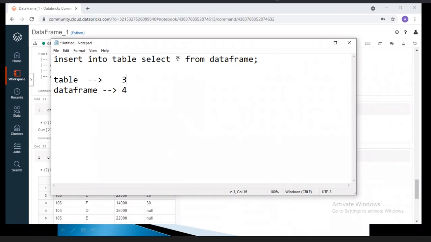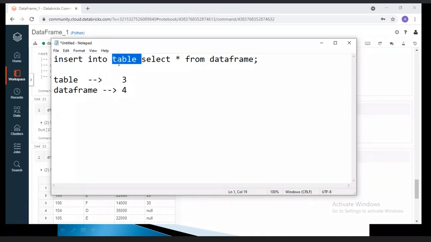They say, we'll go with the star character because I don't want to mention the column name list. But the best practice is that we should always mention the column name list. But why should I mention it? Anyway, my table and your data frame are both in line. Let me go with the star, because this data frame contains 100 column names. Why should I mention 100 column names? Let me go with only the star.